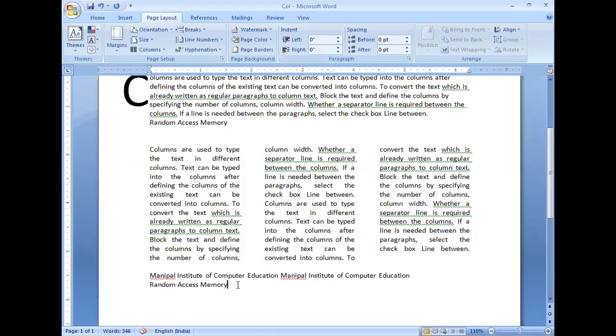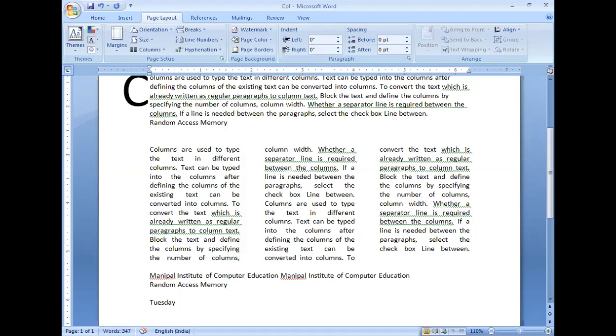Next, coming to the autocorrect. As I said, the autocorrect. Now, if I type today's day, any weekday's name, suppose I type Tuesday, when you press the space bar key, the first letter of the weekday is capitalized.